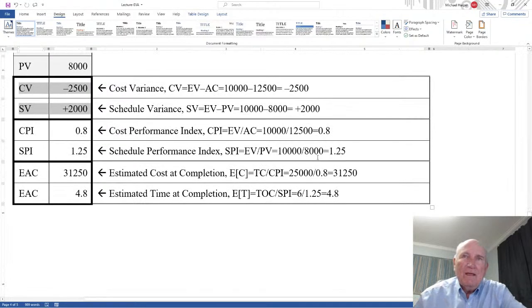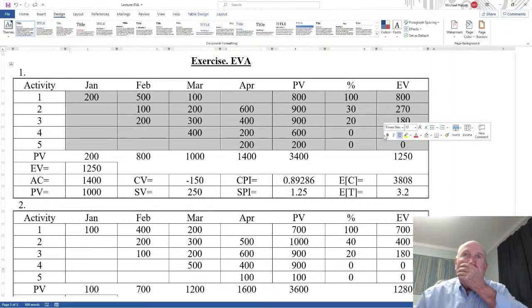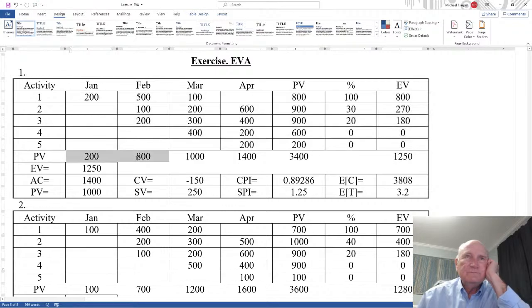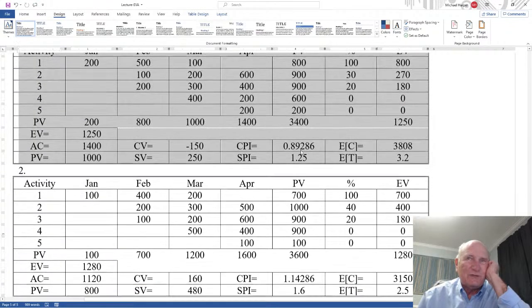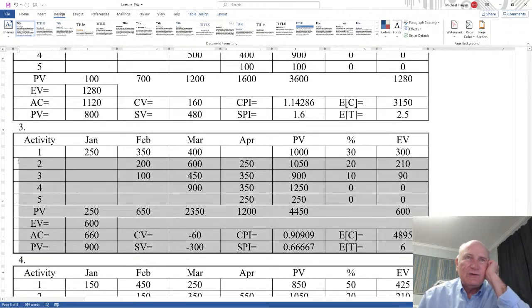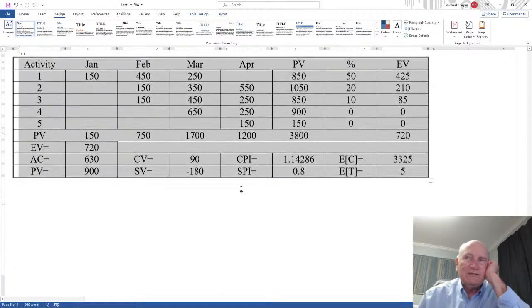Okay. I have an exercise set down here. And so what I've done here, I give you the EVA. And so notice from the PV, you'll know, and here's your earned value. Basically, it's an exercise. So I give you all of the numbers here just to make sure that you can actually get these numbers as you go through. So I just kind of put a bunch of numbers. People asked for this a while back, so I did it just to be complete